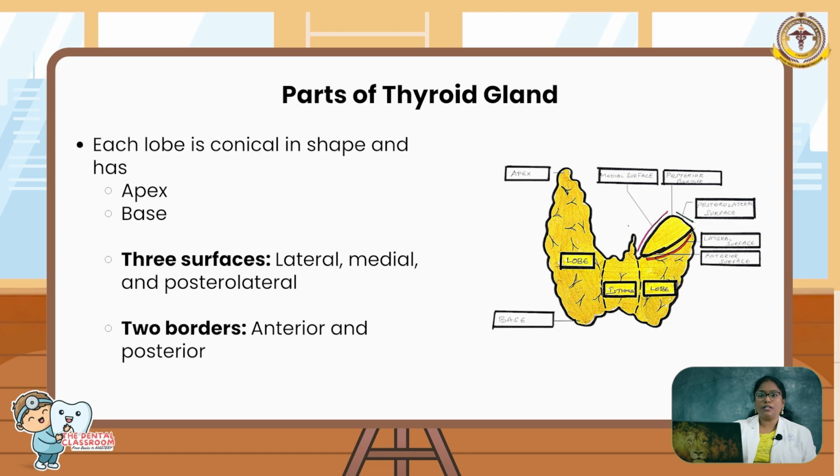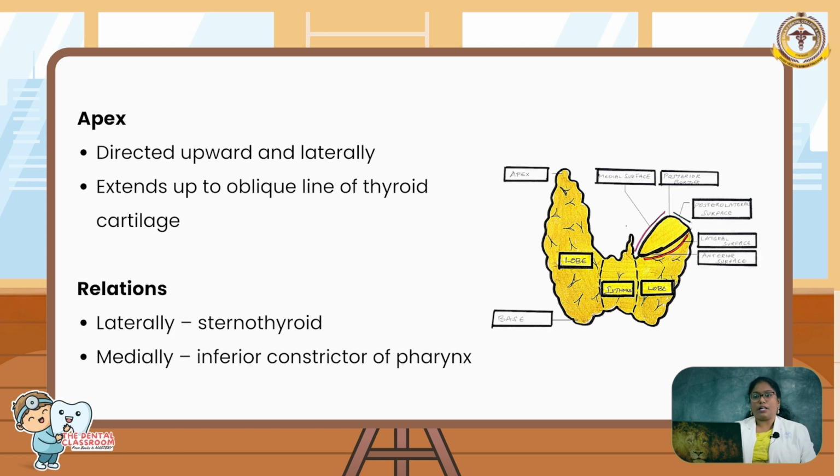Next, the parts of the thyroid gland. Each lobe is conical in shape and has an apex, a base, 3 surfaces (lateral, medial and posterolateral) and 2 borders (anterior border and posterior border). The apex of the thyroid gland is directed upward and laterally, extending up to the oblique line of the thyroid cartilage. Its relations are laterally the sternothyroid, and medially the inferior constrictor